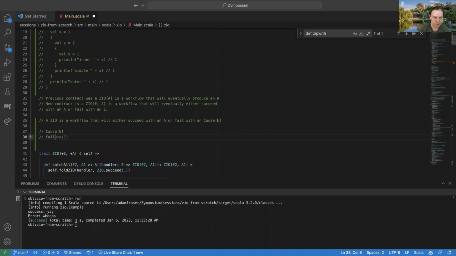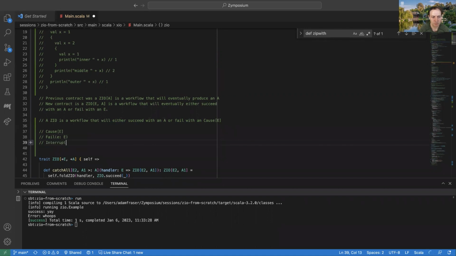A Cause of E is basically going to be two things: either a fail that has an E inside it, or an interrupt. The interrupt might just say, you're interrupted, or it might have something like, in ZIO itself, a fiber ID. That's basically, if you were murdered, the fiber ID is like the person who stuck the knife in your back, so the cops can know who was responsible for you being interrupted.